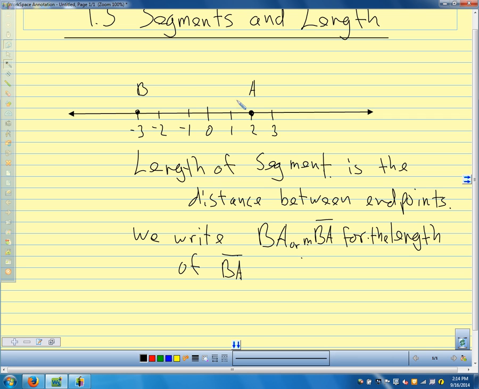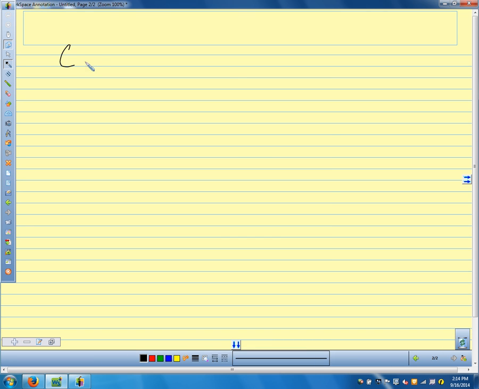Okay, questions on this? This makes sense, hopefully. All right. Now we want to talk about how we combine lengths. But before we do that, we want to come up with this idea. What do we mean